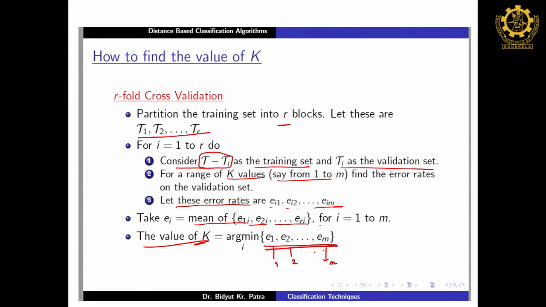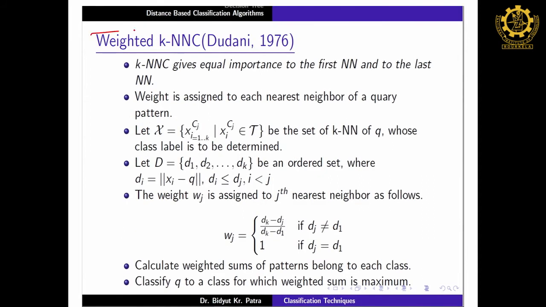Now, we will talk about the weighted k nearest neighbor classifier, weighted k-NNC. Just a few minutes before, we talked about the k nearest neighbor classifier. The idea is very simple: for the unseen object, you compute the distance from the unseen object to all the objects in the training data set, and you choose the k closest objects. Then you take a majority vote, that is, which class the majority of the k nearest neighbors belong to, and that will be the class label of the unseen object. That was the main theme of the k nearest neighbor classifier.